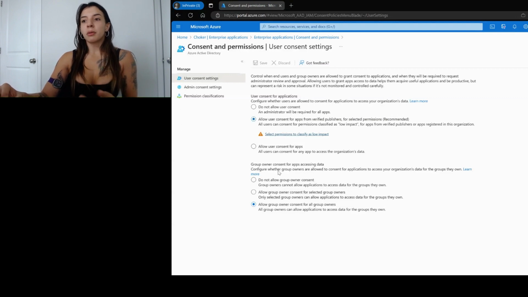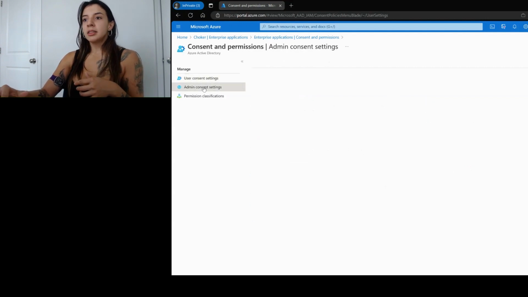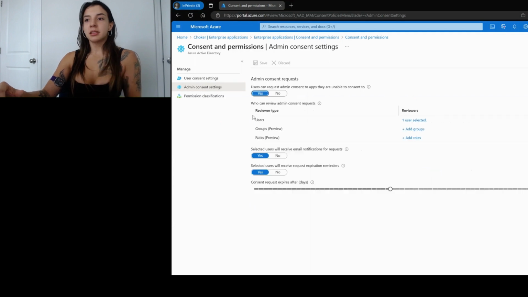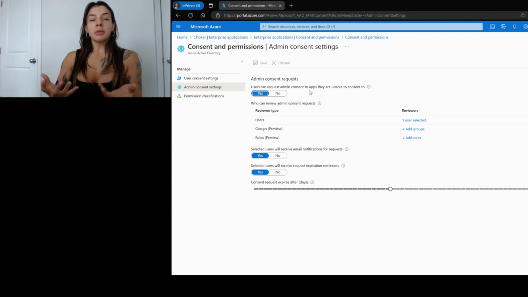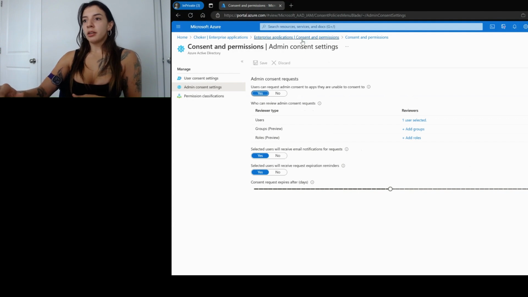Same thing at the group. I can give to anybody, right? This is how you're allowing the interaction of an application to your company. Same thing with the admin consents. This is how you are allowing that application to come to you and get permissions. And over here,